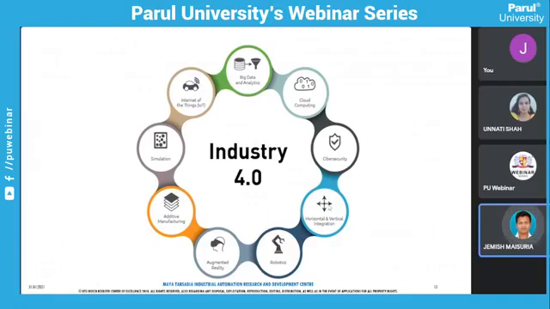Let's take an example of a screw. If you want to make a screw, you are making a thread on that particular rod, and by that you are making a screw. So you are removing the material. Whereas in additive manufacturing, that means what? You are adding the material. So material wastage will be reduced in additive manufacturing.